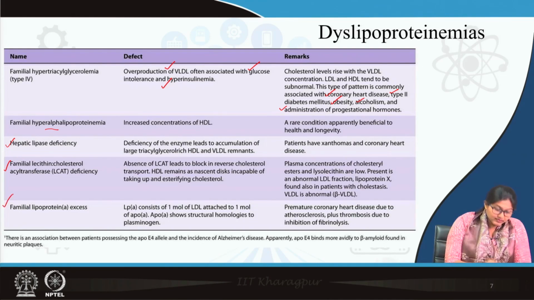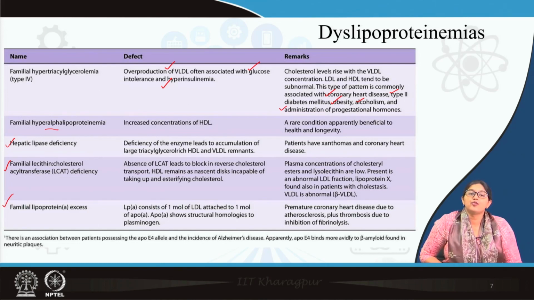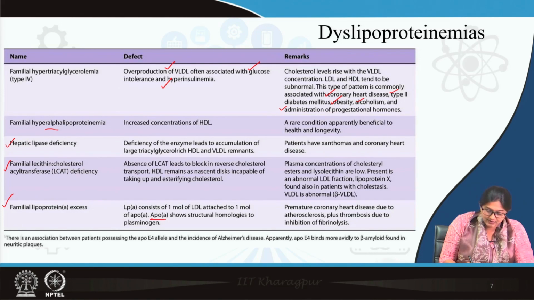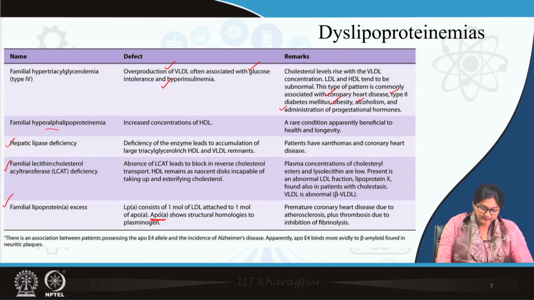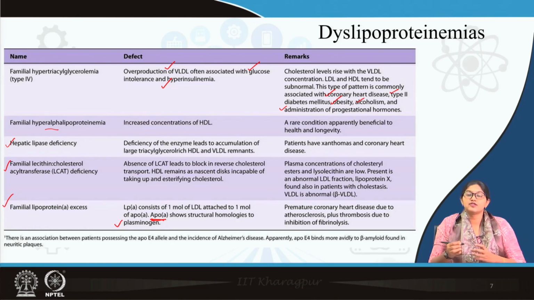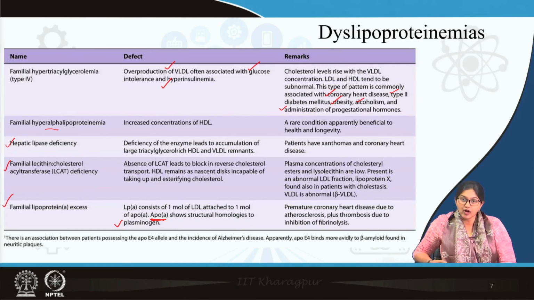Then another important one is familial lipoprotein A excess. Now, lipoprotein A is a specialized form of apoprotein which has this ApoA. Remember this ApoA, A is in small letter. Now, this ApoA has the structural resemblance with plasminogen. Now, this plasminogen is basically important for clot removal, and ApoA inhibits the clot removal. So, this is a proatherogenic form, causes atherosclerosis because it inhibits the clot removal,